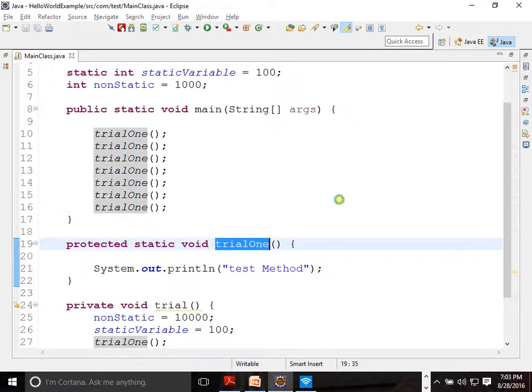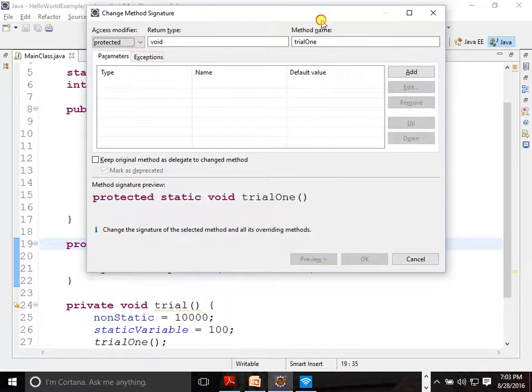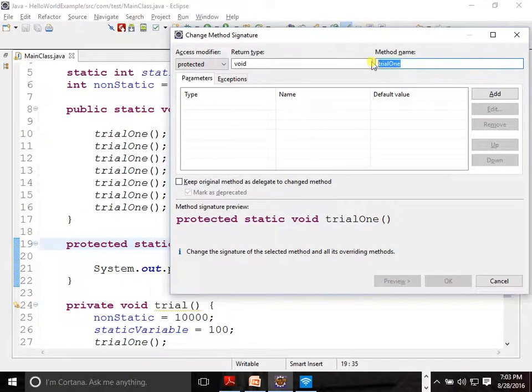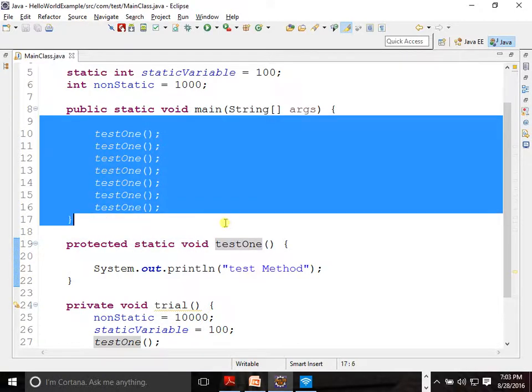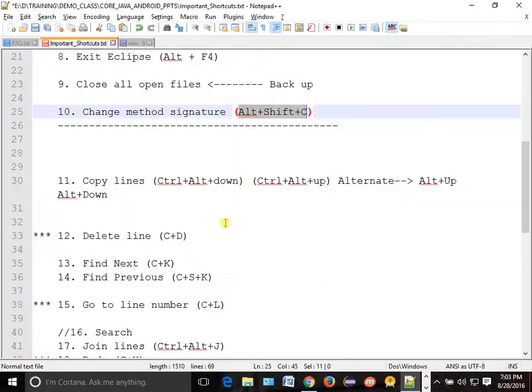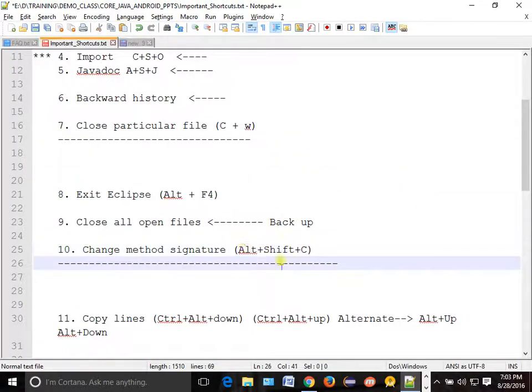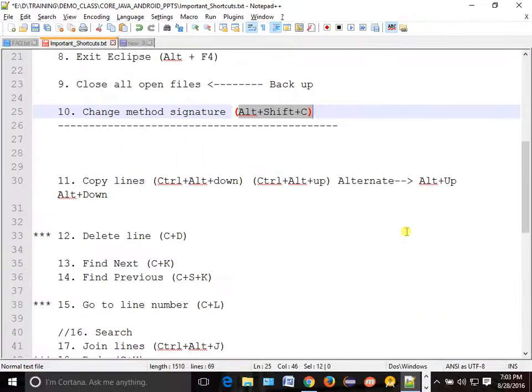Alt Shift C. I want to make it something else, maybe I want to make it test. And then what will happen? It becomes test. So it's not about one place. It will change in all the places where we have references. So what is the shortcut? Alt Shift C is the shortcut.